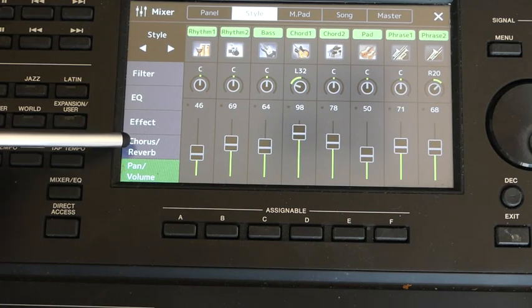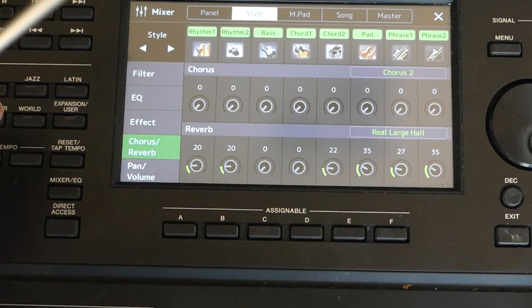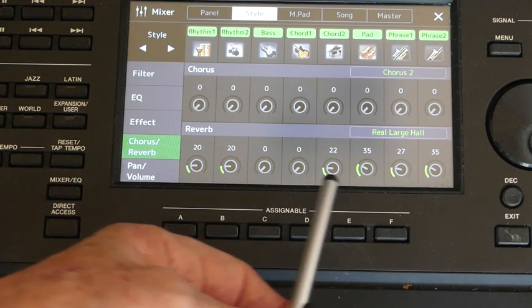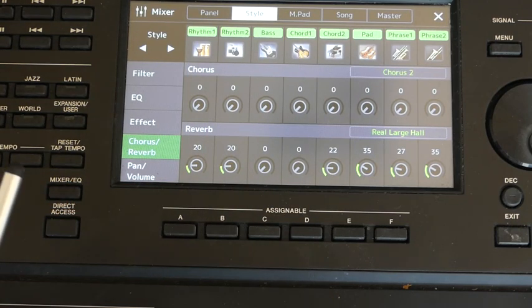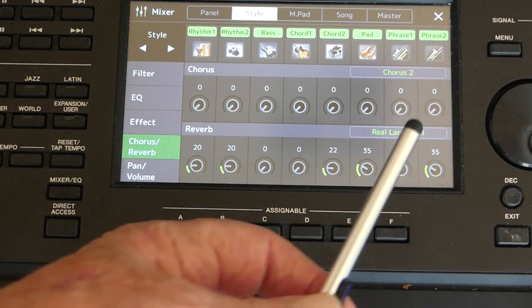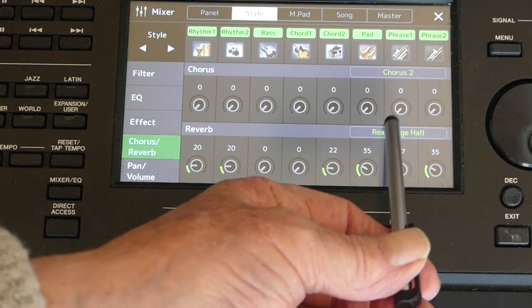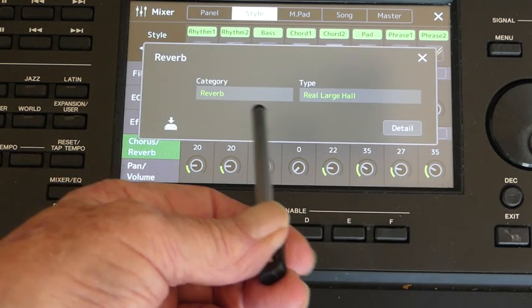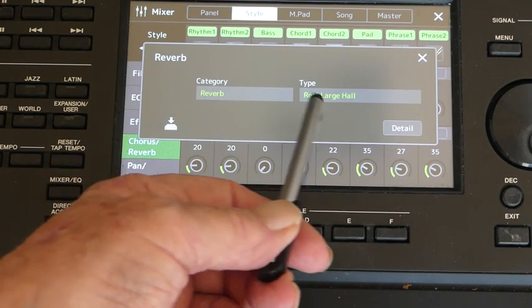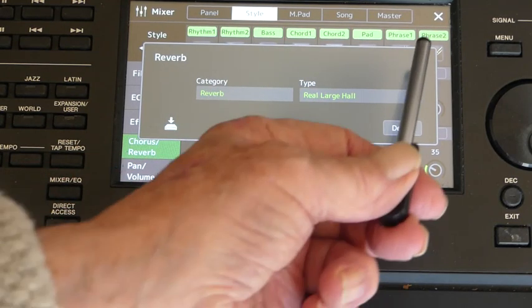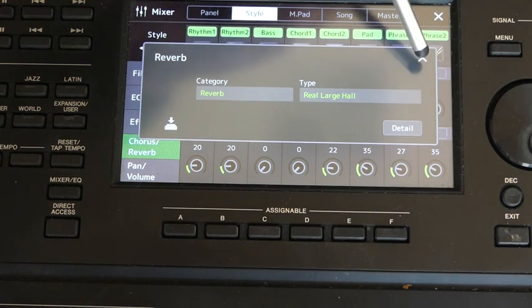Your chorus and reverb, once again, you can apply that to the style. Okay, it says real large. When you press that for your reverb, you can get your category. I'm not going to go into that now because that is another